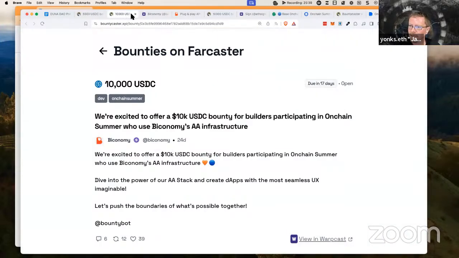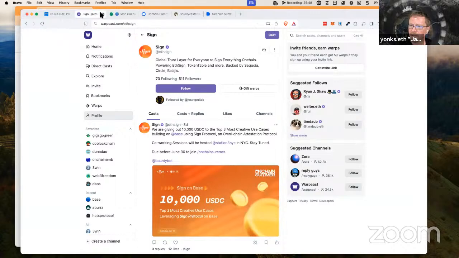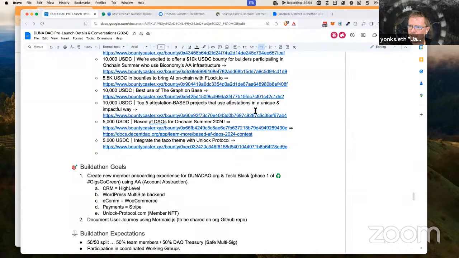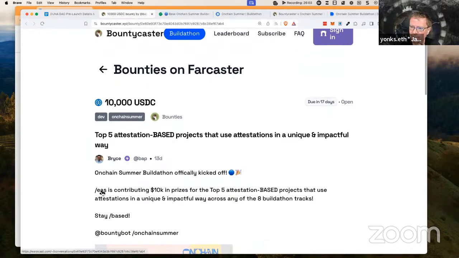So we talked about the Biconomy account abstraction. Close this out. I just talked about the AI with Flock. So moving down the list, the other one that I put, and this is probably more interesting, is Ethereum Attestation Service. One of the things that we're going to be doing tomorrow is hosting a tools working group for HATS protocol, and there's some opportunity with the Unlock protocol certification, which currently isn't implementing Ethereum